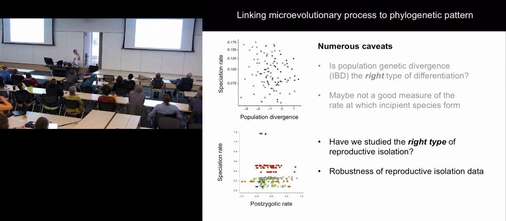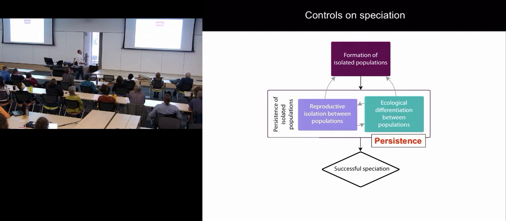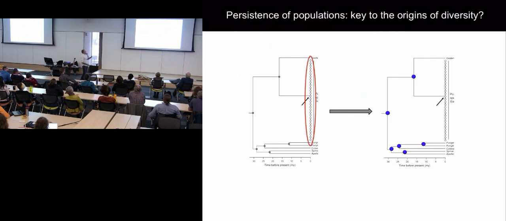I don't have time to go there. But the one thought I want to leave you with is my prediction about what I think may be the most important process, and it's the idea of persistence. I think that persistence of populations has to be one of the keys to explaining biological diversity in a general sense. And the sticklebacks make this crystal clear, because we clearly have a species of organism that